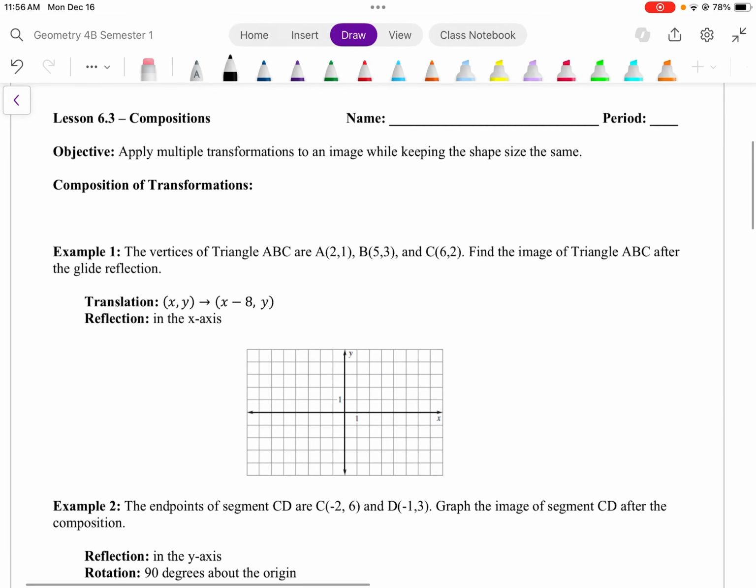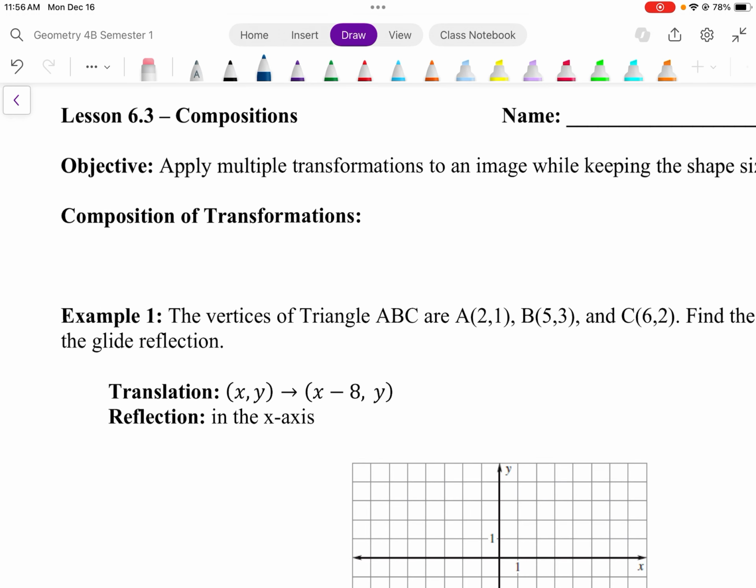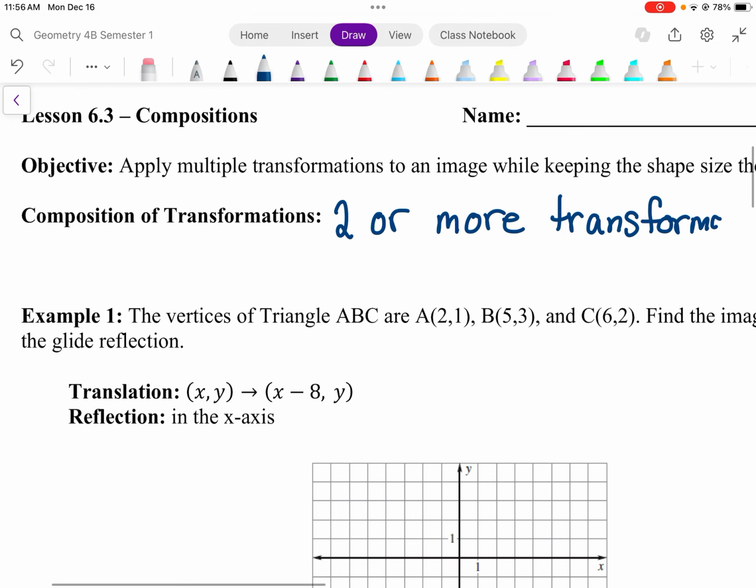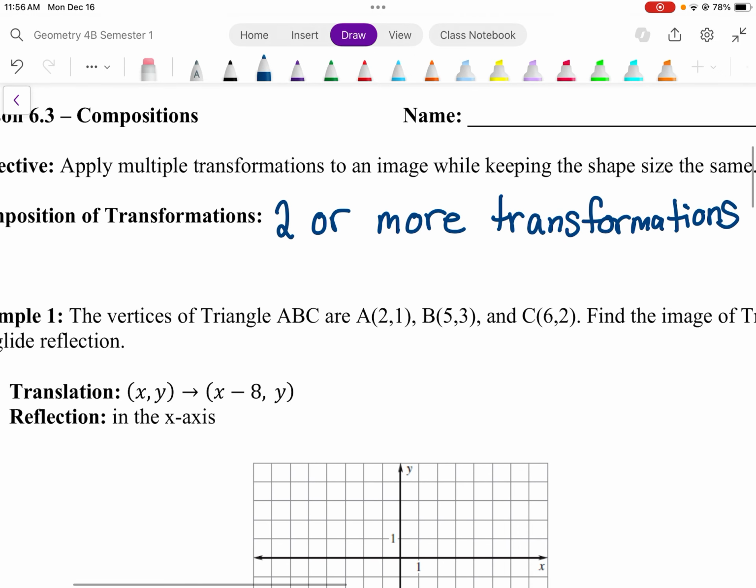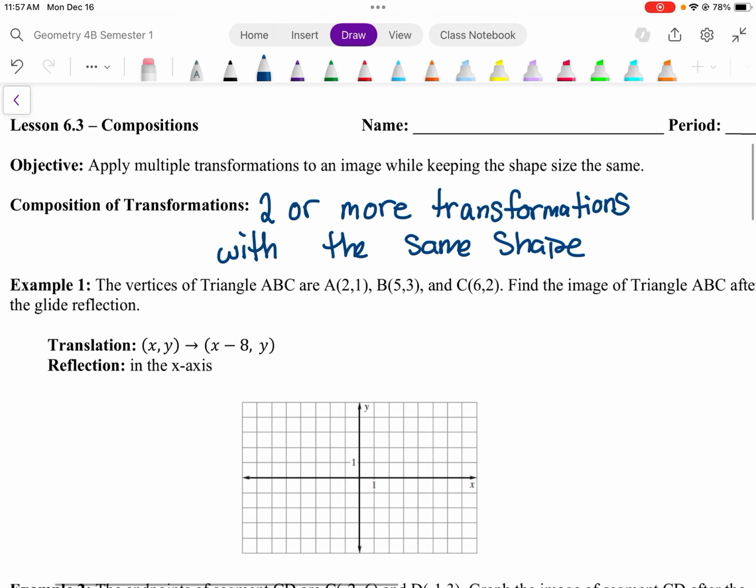For section 6.3, we are going to be putting together all of the different transformations we have done in the last two sections. So we're going to do composition of transformations, and we already did an example of this in our 6.2 notes. This is when we're going to do two or more transformations with the same shape. All right. So this is when we're going to be adding prime and then double prime with our labels for